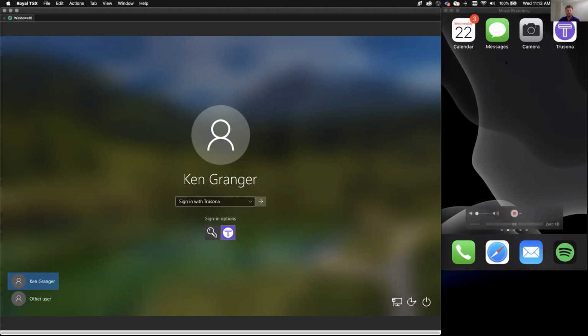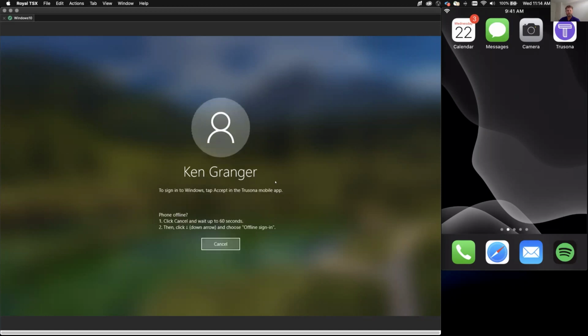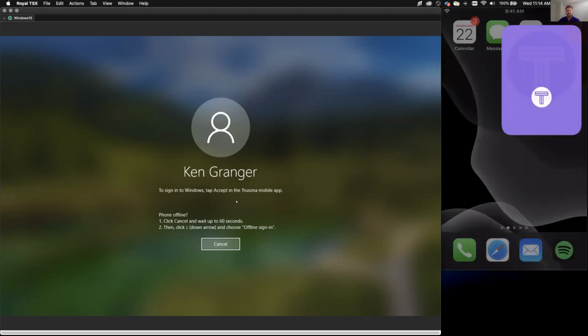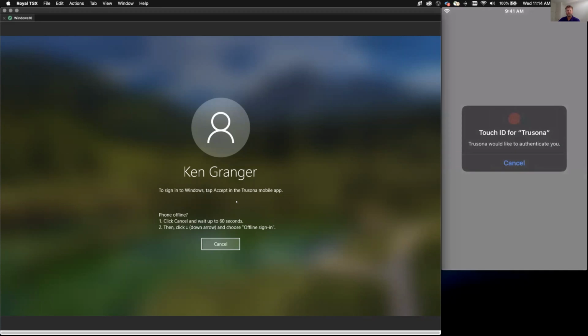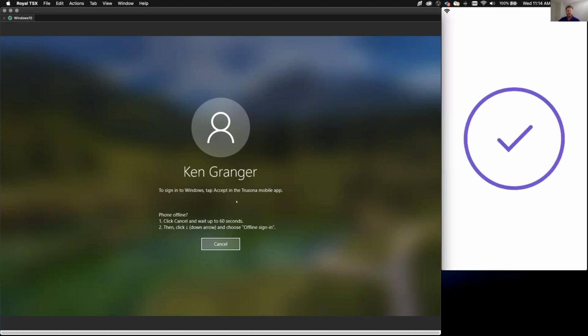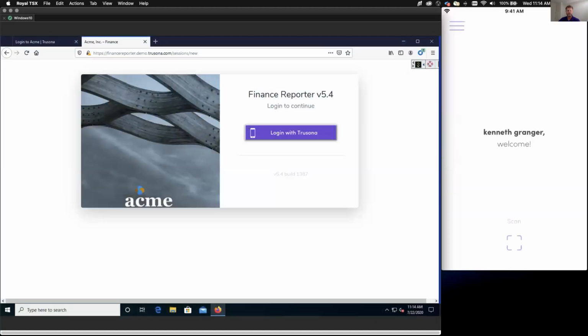I've already installed the Trusona app and enrolled myself, which is very easy to do, a self-service enrollment process. And so when I go ahead and sign in with Trusona, I will receive a push notification to my device here shortly. And confirming my intent to log into Windows, which I will accept. And now I'm being prompted for my OS security of my device. So I have an iPhone 8 and I use Touch ID, but this would work with facial recognition or whatever your phone was natively capable of from a biometric standpoint. And as soon as I touch my thumb to it, I'm off and running and into this particular VM,